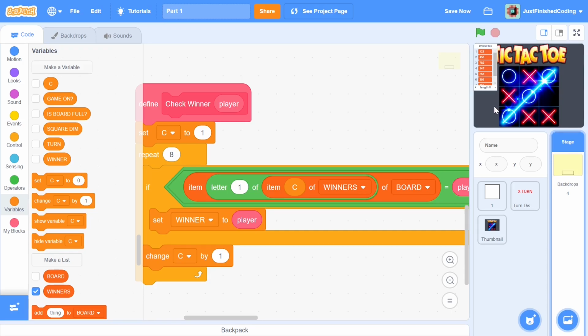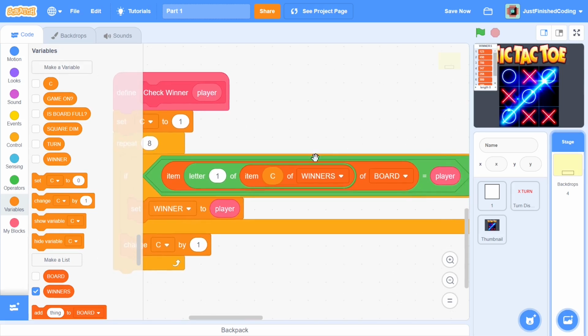And the chronological order is going to determine where exactly the square is. So for example, item 1 of board is going to contain what is there in square number 1, which is this guy. Item 2 is going to contain what's in this guy, okay, and so on. And if we just take this part of our code, we'll get 1. And if we take that item off board, then we will get what is there on square 1.